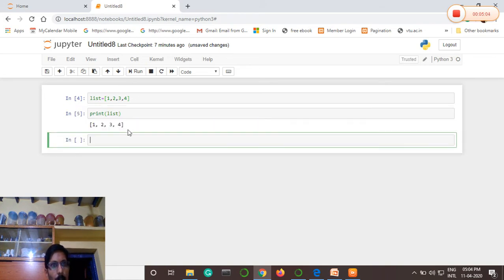When I run it, it will print the output as 1, 2, 3, 4. Now I want to input the elements related to string. Then I will take list 1 as an example. List 1 is equal to open and close bracket, within that something as, let us say, open and close double quotes "rymec", comma, open and close double quotes "csc", comma,